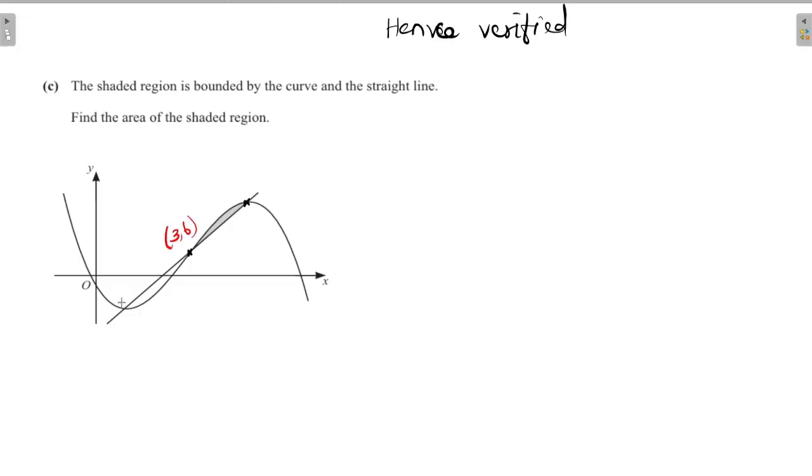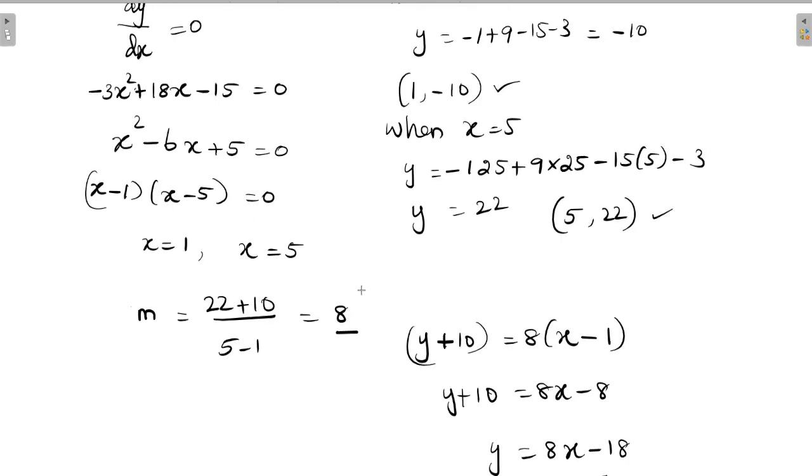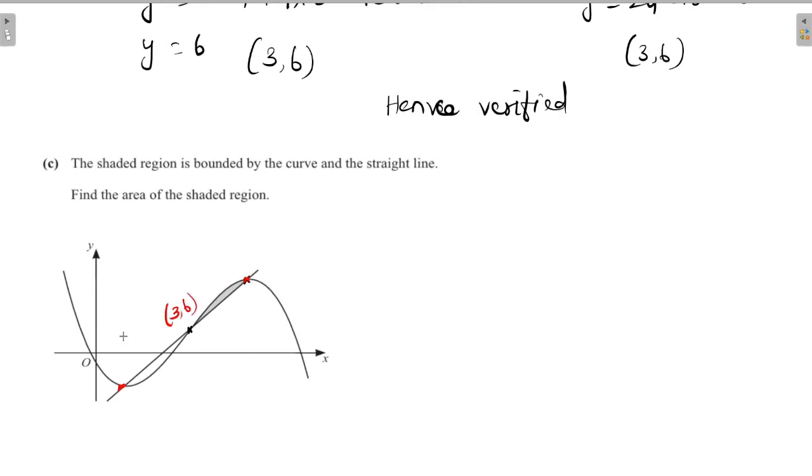And this is one of the turning points. The two turning points are (5, 22) and (1, −10). So this is (1, −10) and this is (5, 22). So the x coordinates are 3 and 5, because the area is in between 3 and 5. So the required area of the region is